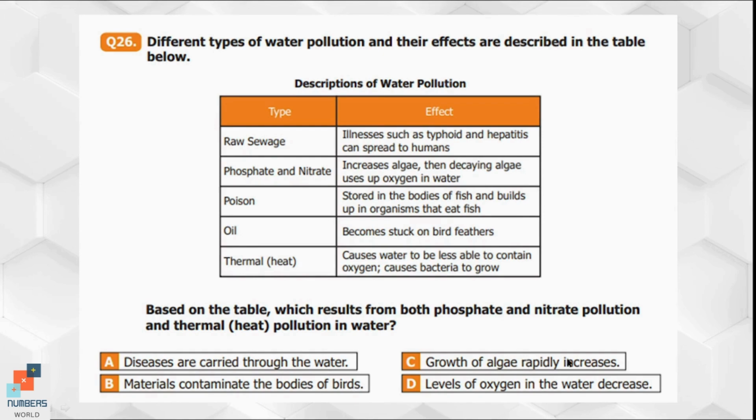C, growth of algae rapidly increases. D, levels of oxygen in the water decrease. So here, if we look at the table, the phosphate and nitrate increases algae, then decaying algae uses up oxygen in water, which definitely decrease the amount of